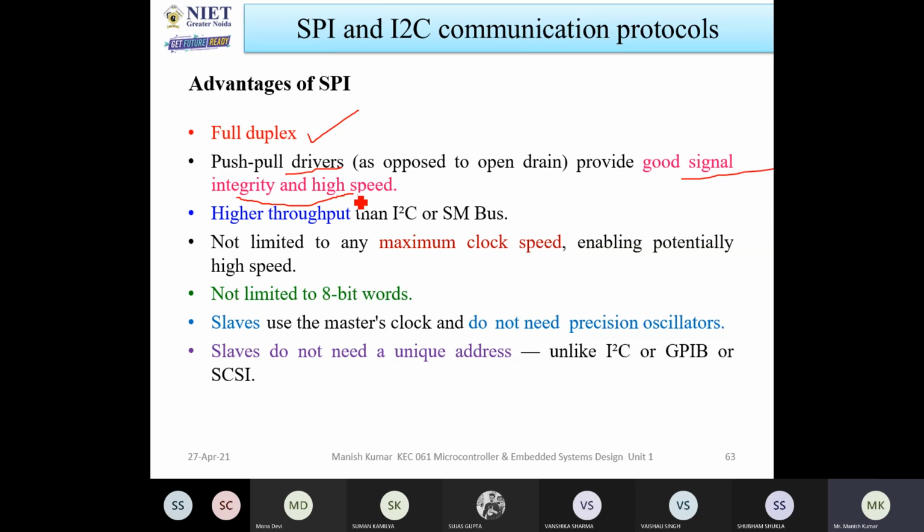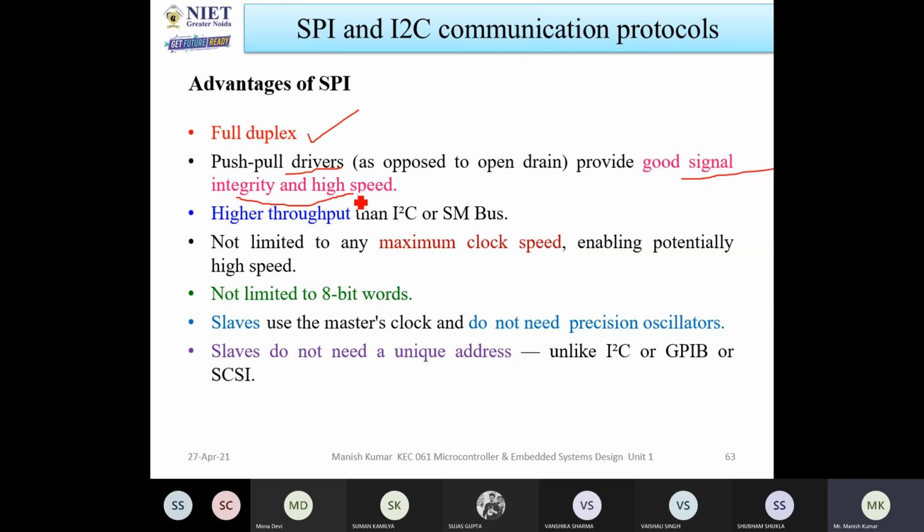The SM bus is a type of bus called the system management bus. So what is a system management bus? It is a two-wire interface through which various system components can communicate with each other and with the rest of the system. When we are talking about a laptop or desktop, there are so many components: hard disk, RAM, fans, memories, DVD writer, and all these components are connected through the SM bus.